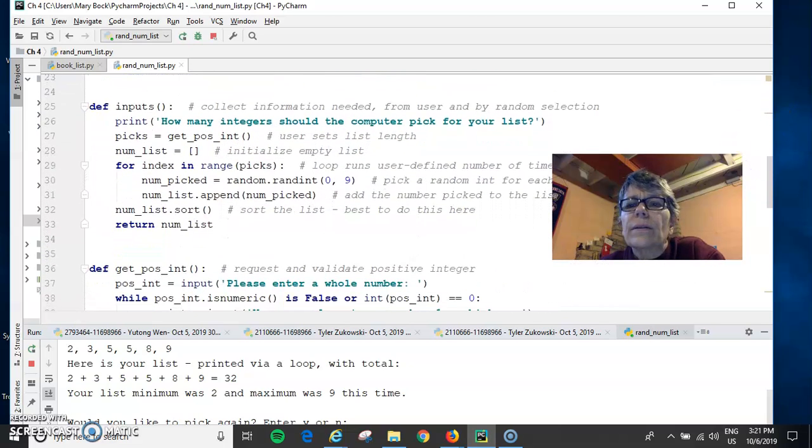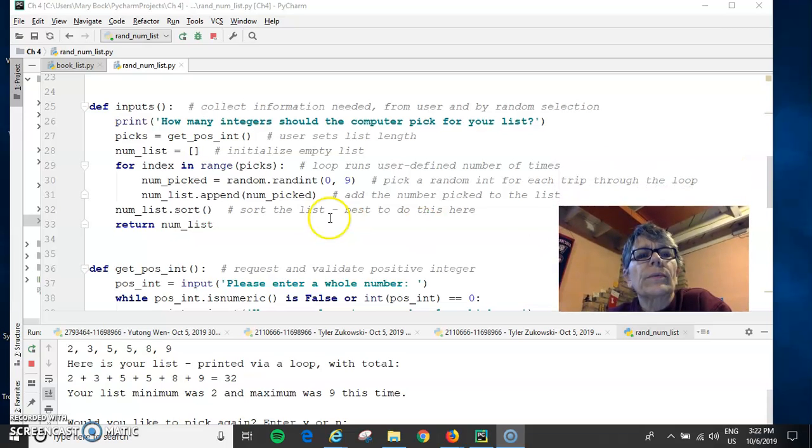Looking into inputs, here's how it actually works. We ask the user how many numbers they want in the list. You have to have a variable locally to hold that answer. So picks would be get pause int result there, just to say how many numbers will be in the list. Then the number list starts out blank, and then for index in range picks, because that's however many numbers they say. Then here we have another local variable, num picked, and we don't need to return either of those outside